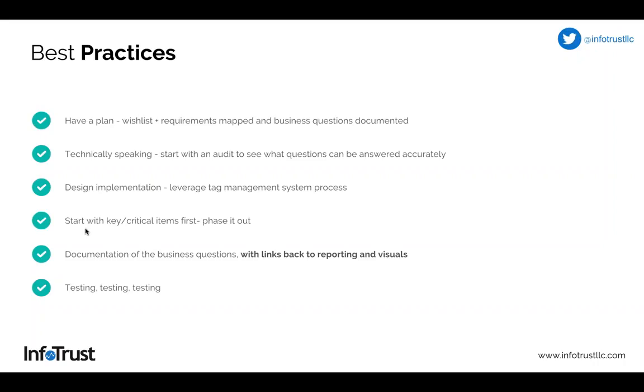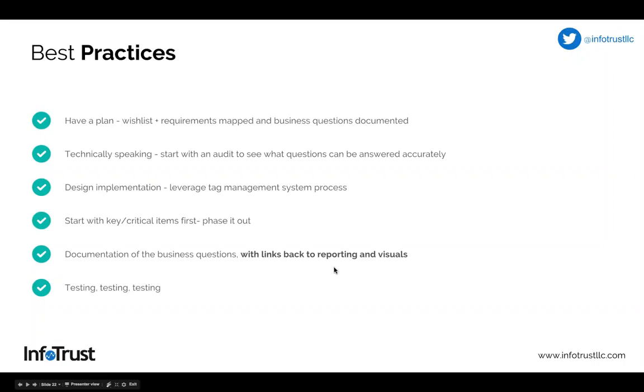So the key critical items like conversions, purchases, and maybe the checkout funnel. I mentioned looking at merchandising and product impressions, product clicks, etc. That should all come after you have the key core revenue and orders confirmed and validated. Once that's deployed, you can use a lot of the Google Analytics reporting to make decisions. Start there, get people thinking about what other questions you can layer on top. So you don't have to implement everything all at once, all up front or very quickly. You can phase it out.